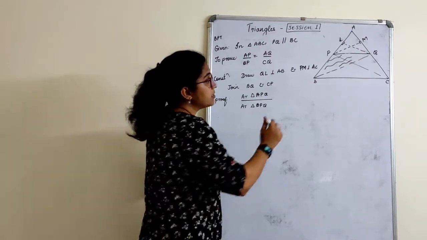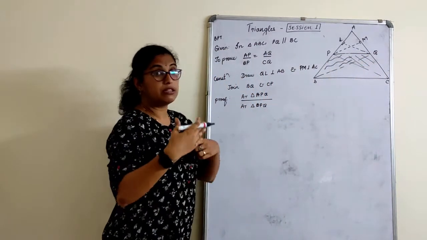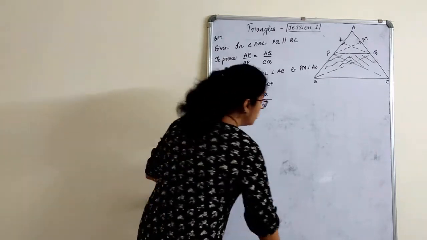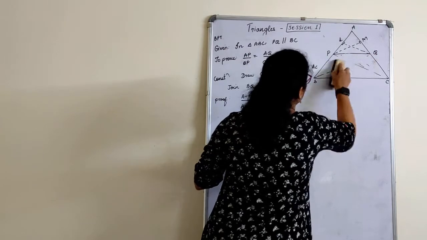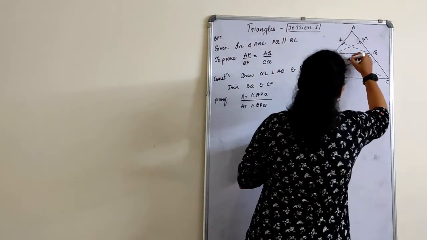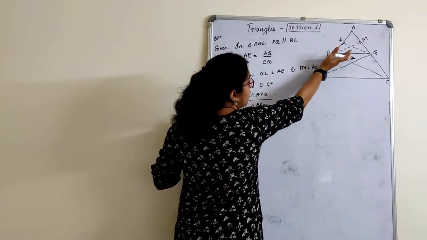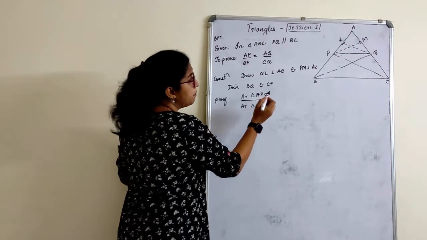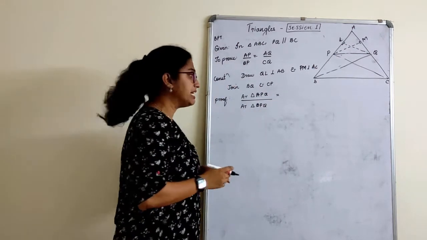Why not the other side? This side I will use during the second part of it. So don't do any designs in this; it is only for you to show that. So I will take the ratio of the areas of these two triangles, that is, area of triangle APQ to area of triangle BPQ is equal to...